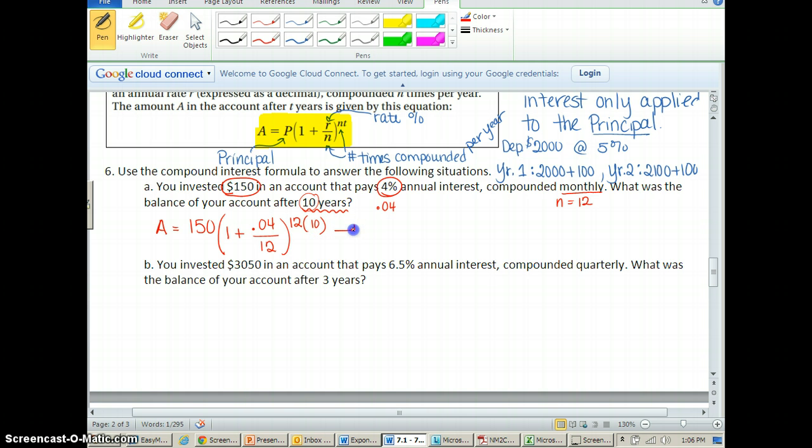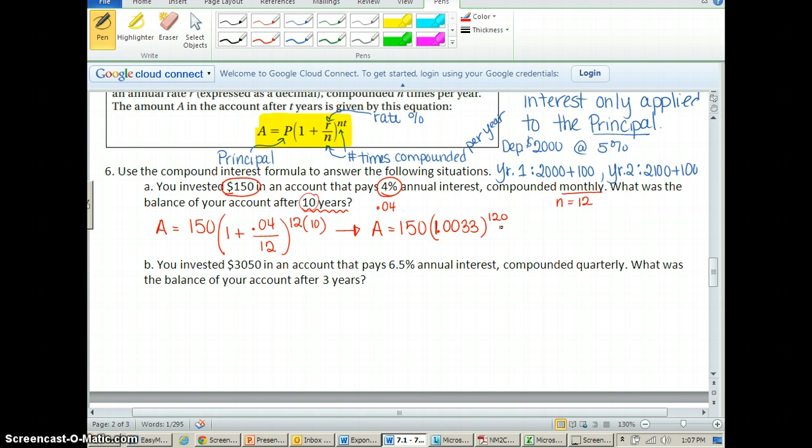Okay. The order that we need to do this in with the order of operations is really important. So I'm going to have A is equal to 150 times... We need to divide first. So go ahead with your calculators. Let's do 0.04 divided by 12, and I get 0.00333333. So I'm just going to put 0.0033. Let's have 2 digits. That's probably helpful. And oops, I need to add 1 to that, so that would be 1.0033, to the 12 times 10, which is